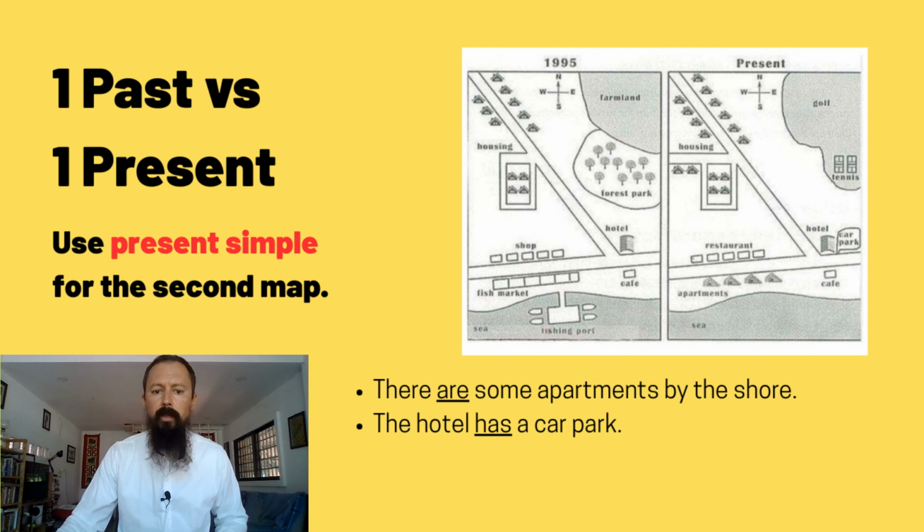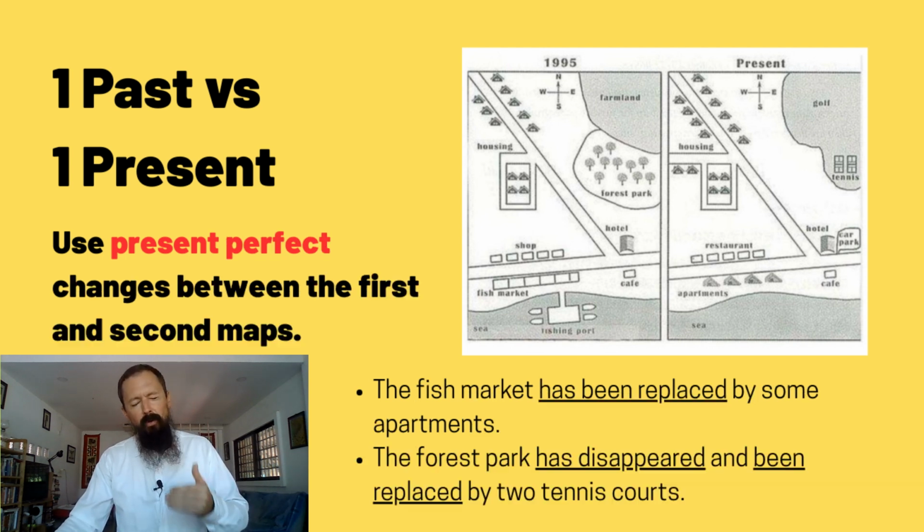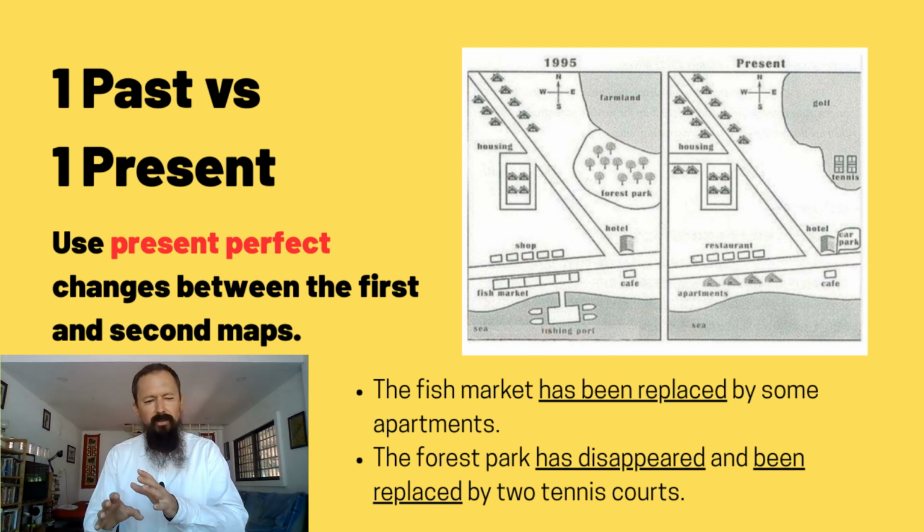So all you have to do then is really pay attention to plural and singular form, making sure that you're thinking about subject-verb agreement. For the second map, if we want to describe this as we can see it, then we'll use the present simple because it's at the present moment. So there are some apartments by the shore. The hotel has a car park. So this is just describing the current state of being of this place. What becomes more difficult and what really challenges IELTS candidates is that we often are not going to use the present simple. We're more commonly going to use the present perfect